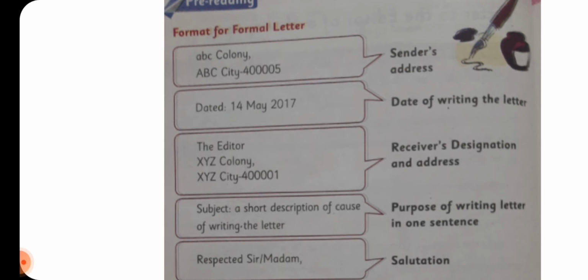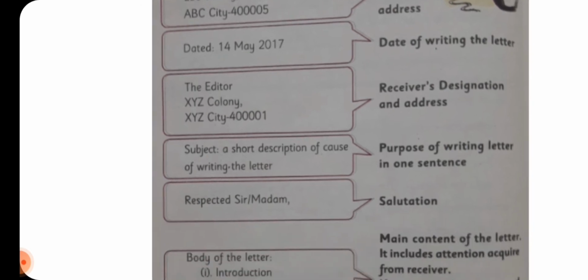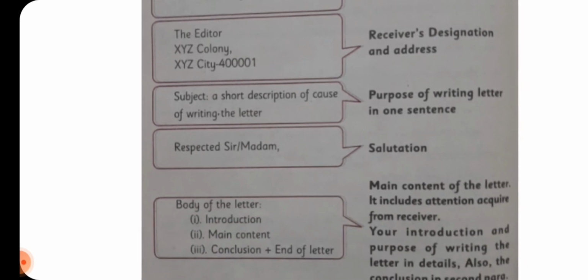Then when you write the subject, after giving the heading of the subject, you put a colon, then you write your subject. Now when we come towards the salutation, we say respected sir, and then there is a comma, and then we move towards the body of the letter. And while moving towards the body of the letter, you don't have to give headings like body of the letter or introduction or main content. This is given only for your understanding, okay?